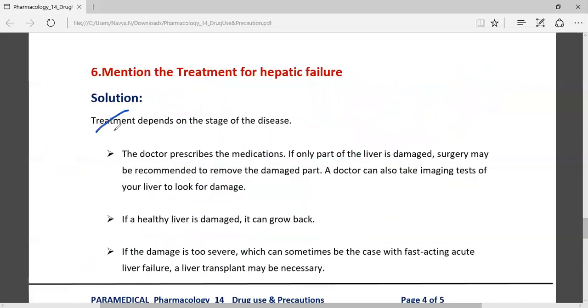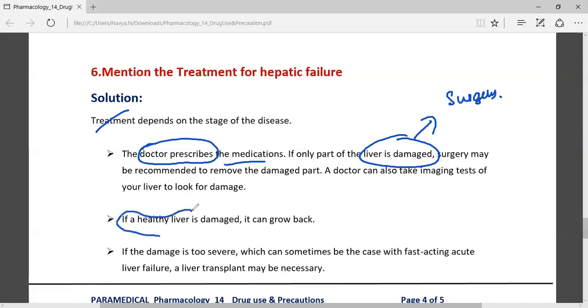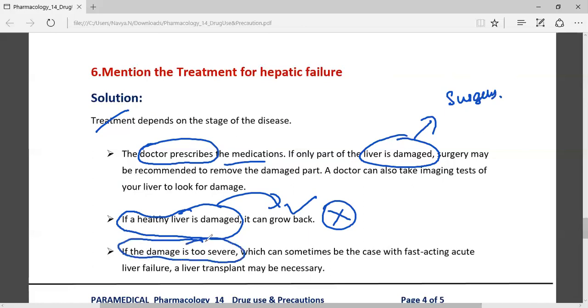In the treatment, the doctors prescribe the medication. If only some part of the liver is damaged, the patient can go for surgery. If the healthy liver is damaged, they won't go for surgery, because it will grow back. If it is a very severe condition, sometimes because of fast-acting acute liver failure,